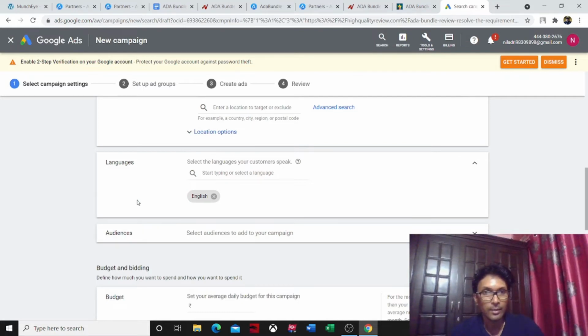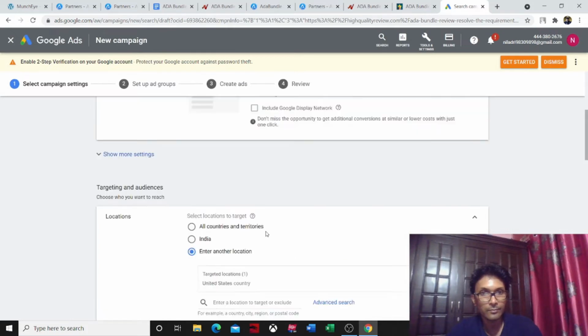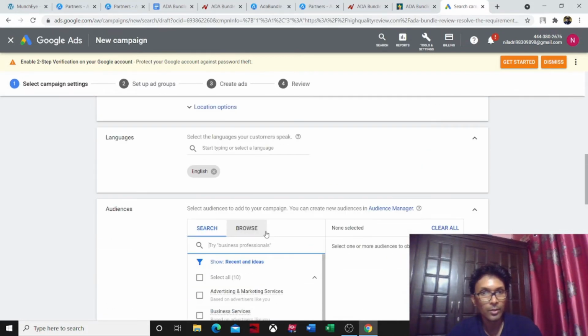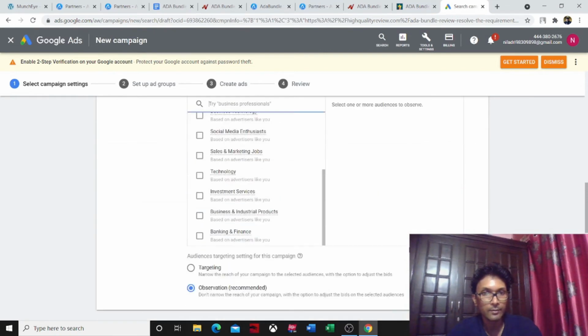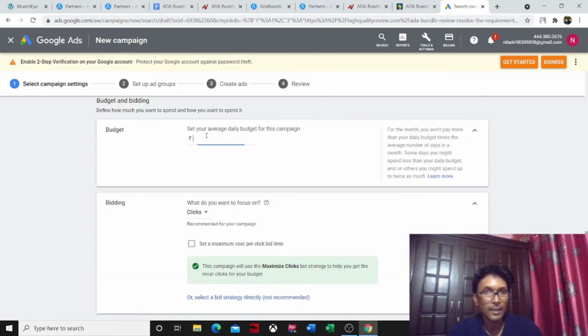So keep the language English. You don't need to choose anything here. Everything is okay. And for the budget, choose at least 1000 rupees per day. Do not give 500 rupees or 300 rupees. Start with 1000 rupees at least.